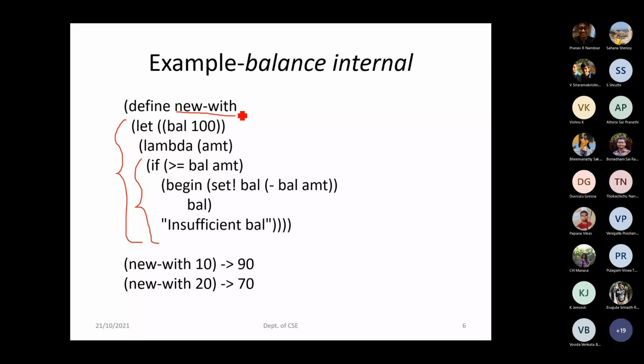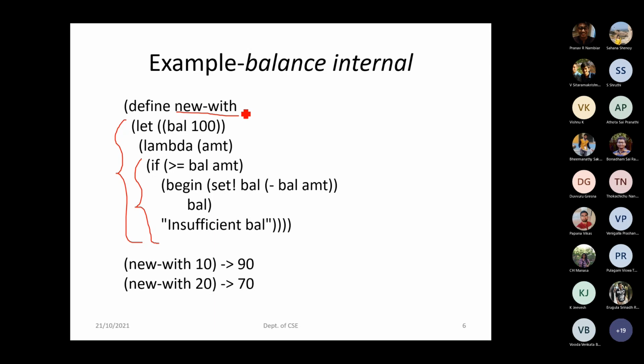So define new-withdraw. Whenever I'm using this new-withdraw, what happens? Let is a local assignment. The first time you call it, let will assign the variable balance the value 100. And then it returns this complete lambda procedure. Are you getting my point?